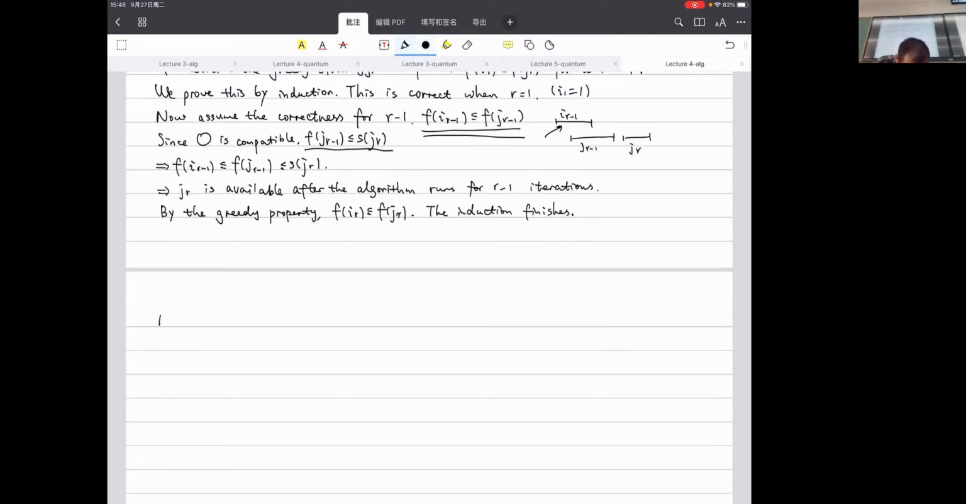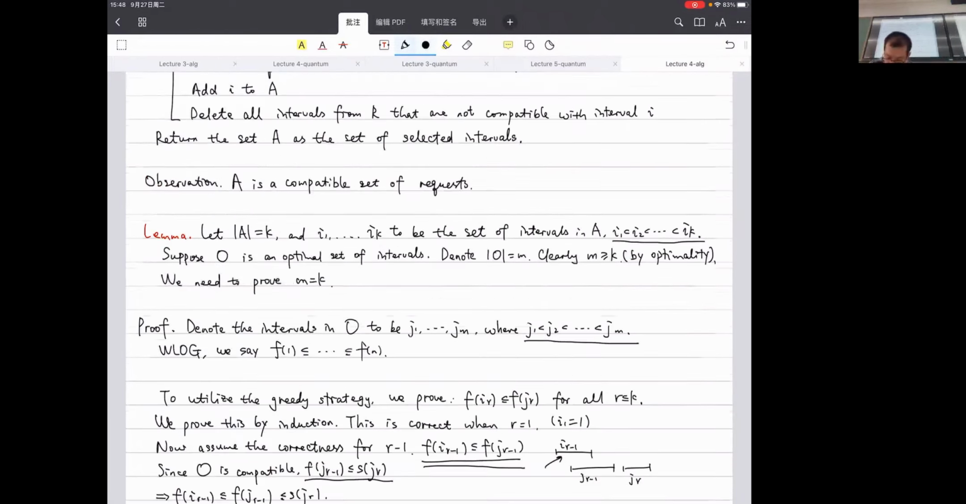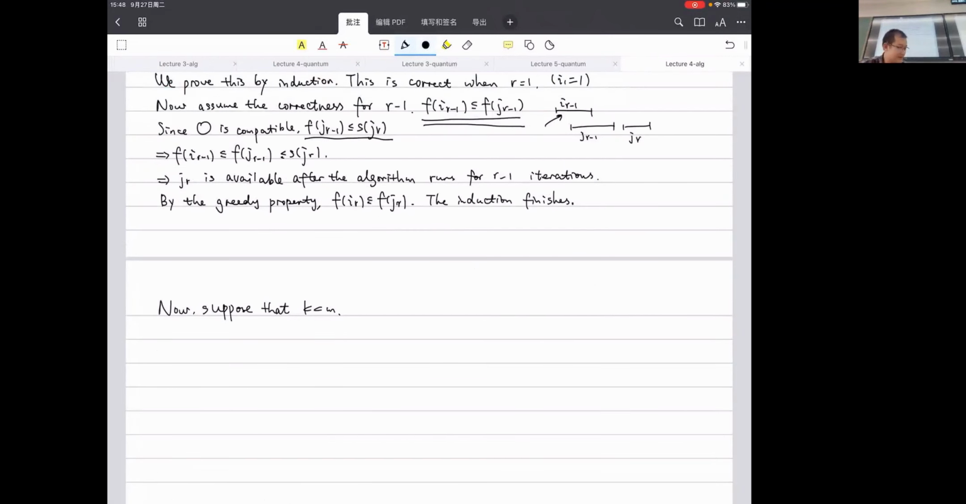So now, suppose that K is smaller than M. Here we talk about M being larger than or equal to K. Let's just assume the case where equality does not hold, so this optimal strategy is strictly better than the output of the algorithm. Let's try to find a contradiction here. So by the argument above,